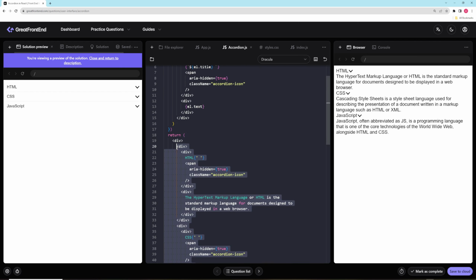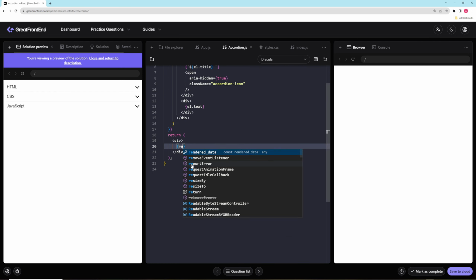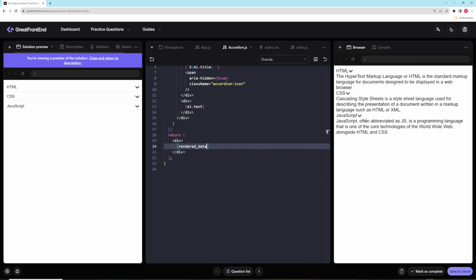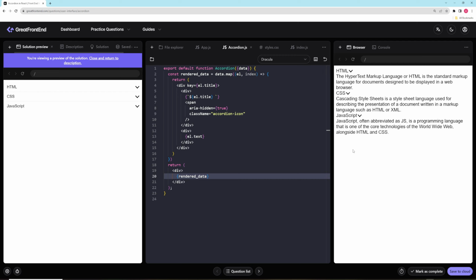So let's try that. So now we can just say rendered data. And there we go. So we have it all rendered. So now the next thing we want to figure out is we actually want to be able to click on these things and make them show and not show. So the other thing is we want to think about how we would do that. Obviously you can make this clickable, but how do we have it actually